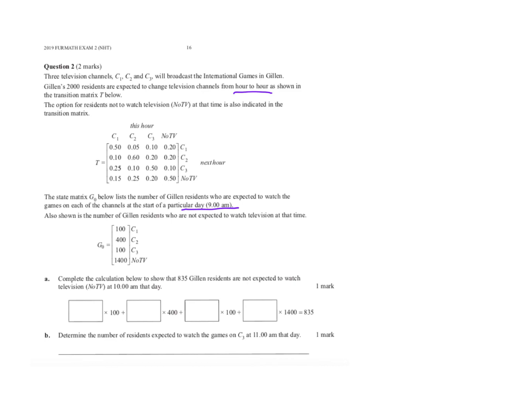So they're pretty much giving you the first state matrix. Now, to complete the calculations, show that there are 835 Gillians expected to watch at 10 a.m. So that would be G1, or the next state. If you think about how you'd find G1, you do the transition times G0, and then you'd end up with your G1, and there'll be C1, C2, C3, and no TV. Now they want you to show how